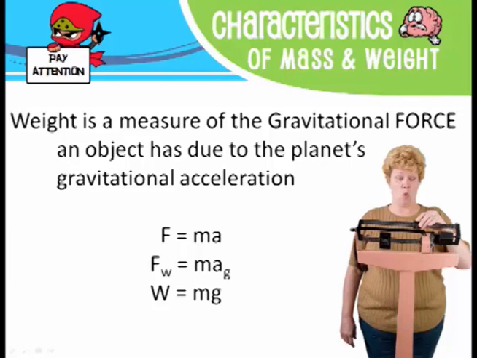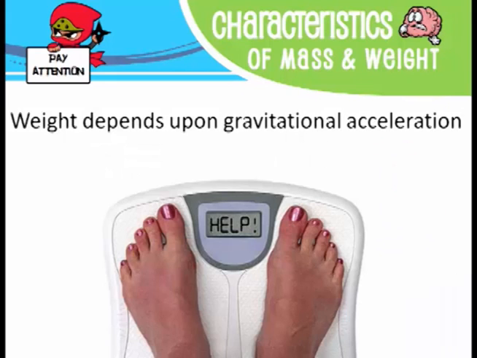Sometimes you'll see it written as Fw or Fg, or just W in general. I tend to write Fg. I know I don't have that on the screen, but I tend to write F with a subscript G instead of a subscript W, equals m. M is just mass, it stays the same, and then a, and notice the subscript G. That G is to specify gravity. As opposed to acceleration from a car, or acceleration from a bullet, this is acceleration of gravity, so they write ag. Now if it was acceleration of a car, you could write a little c. You can write a little b for bullet, whatever it is. It doesn't matter what letters you pick. The letters are there to help you organize.